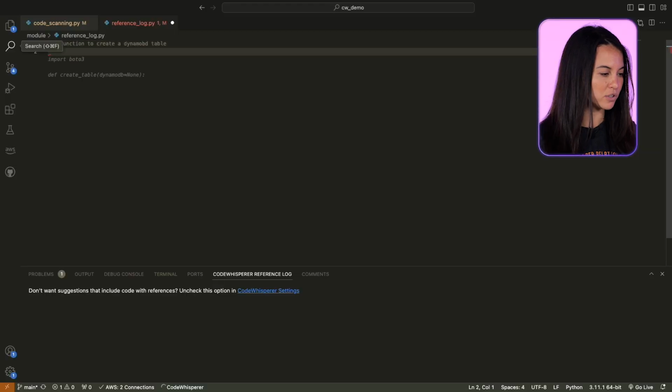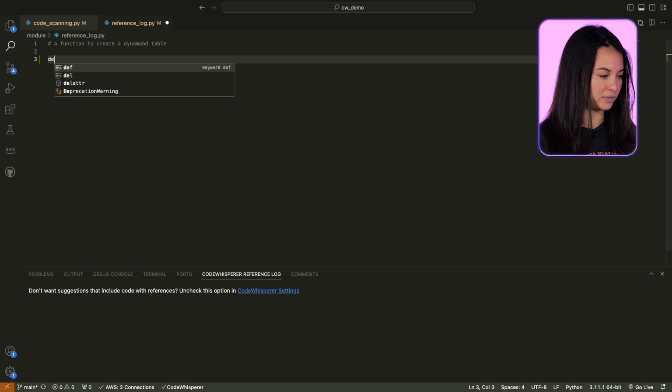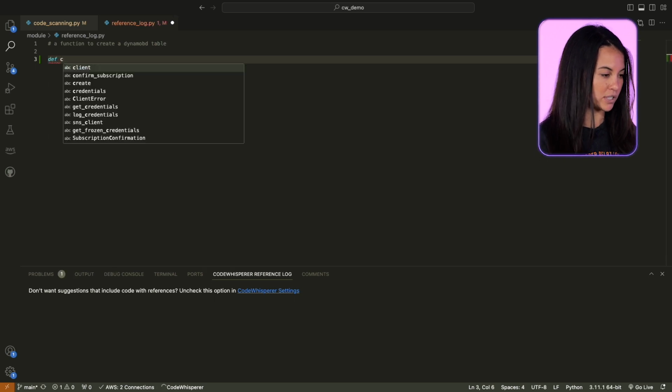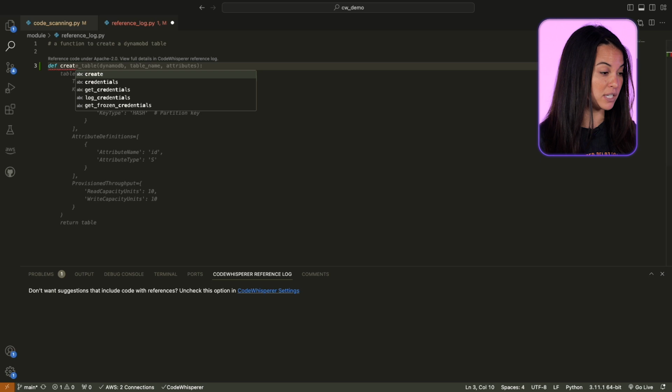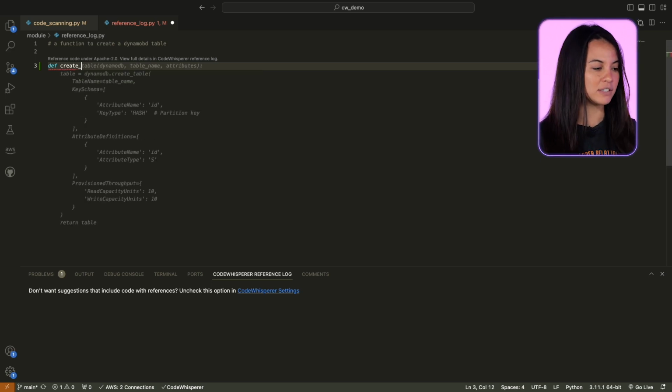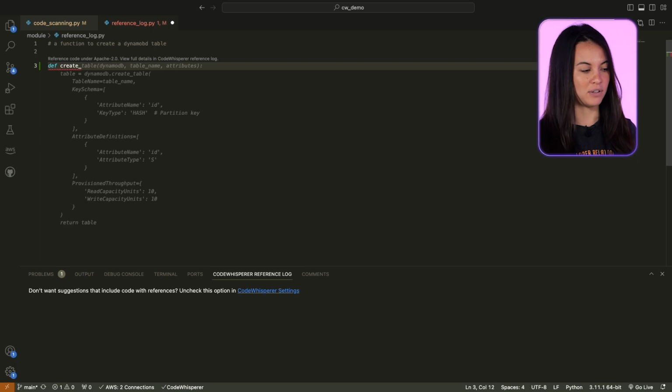CodeWhisperer can also flag code suggestions that resemble open source training data. Let's see how you can more easily track them with the reference log feature, and we'll go through the settings. So now we want to create a function to build a DynamoDB table. So as I start typing this, you see that CodeWhisperer is giving you a suggestion, and here it's under Apache 2.0 license. So if you accept this piece of code,